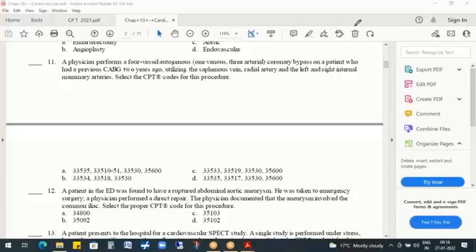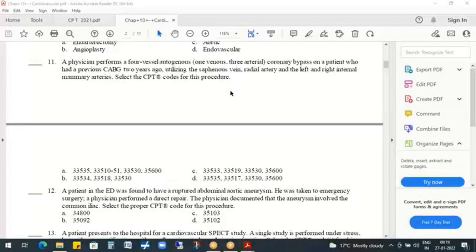Next one, pacemaker and defibrillator. Now, write down the rules. First,